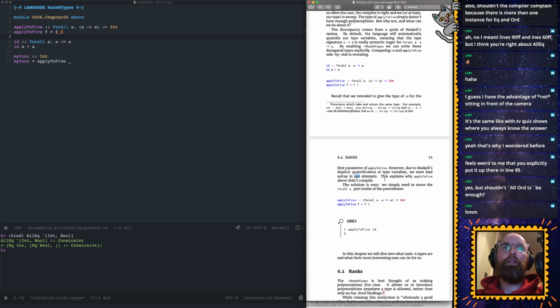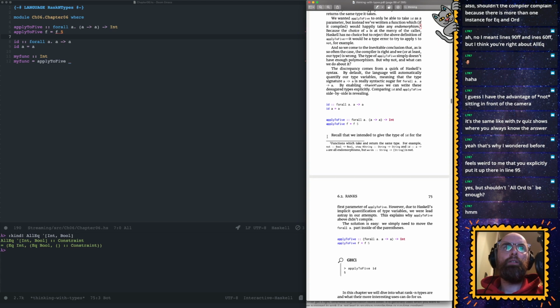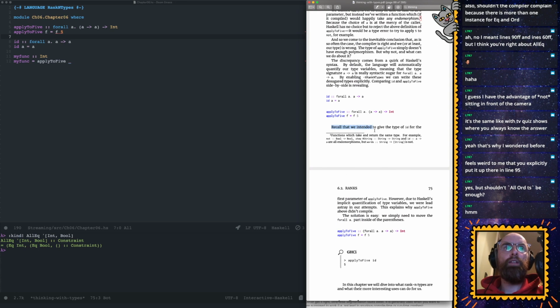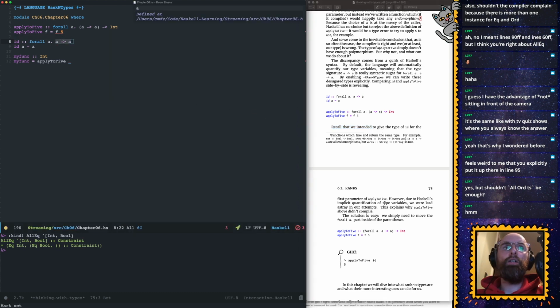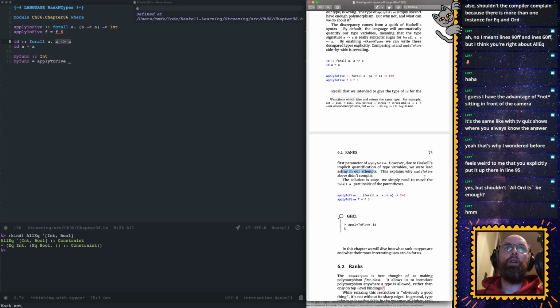Okay, this explains why. What do you mean we were led? Okay, I guess we were led astray somehow. I might have not read that properly. For the first parameter of apply, recall that we intended to give the type ID. Yeah, I don't quite get why that is, but never mind. We were led astray by our attempts. This explains why apply to 5 above didn't compile. Does it? I don't know if that sentence explains it. Maybe this bit,